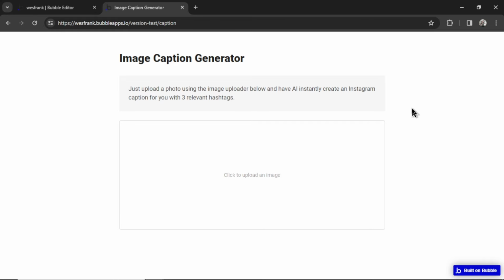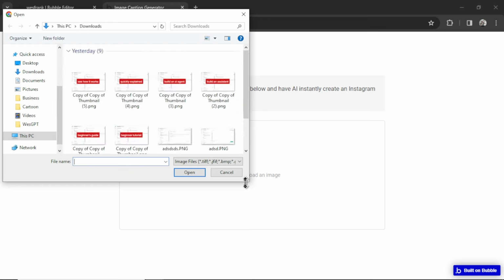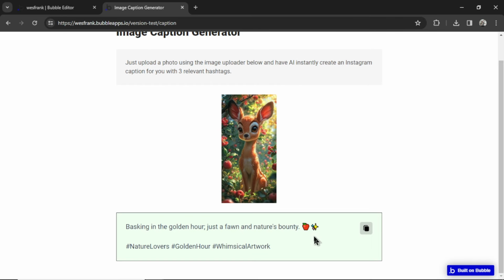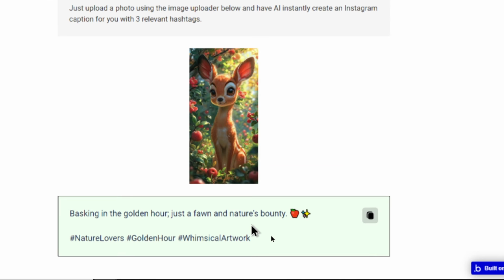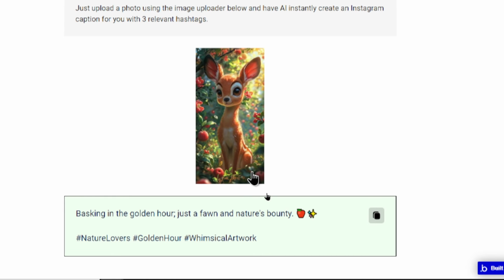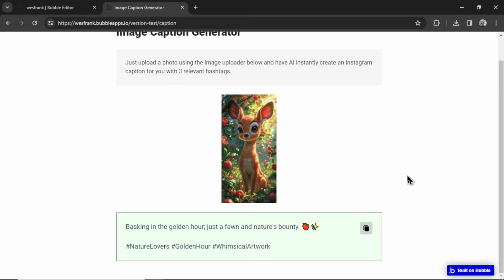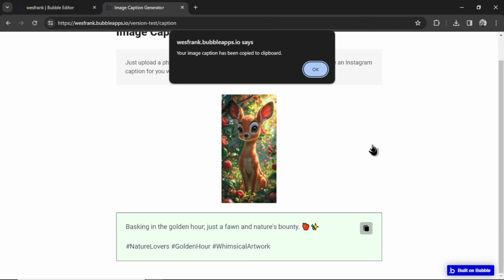All right, let's test it out, see how it works. I land on this page, I click to upload an image. Here's a cute little deer, and it still used some emojis, but not as much as before. The caption is basking in the golden hour, just a fawn and nature's bounty. Aw, so cute. And then 3 hashtags, nature lovers, golden hour, whimsical artwork. It sees that it's a fawn, it sees that it's nature. And if the user wants, they can copy this caption, goes to their clipboard, and then paste it on their